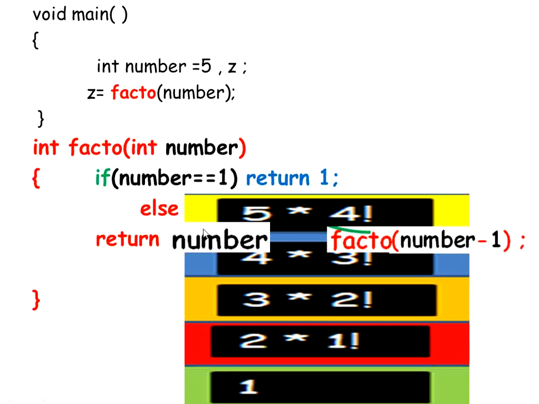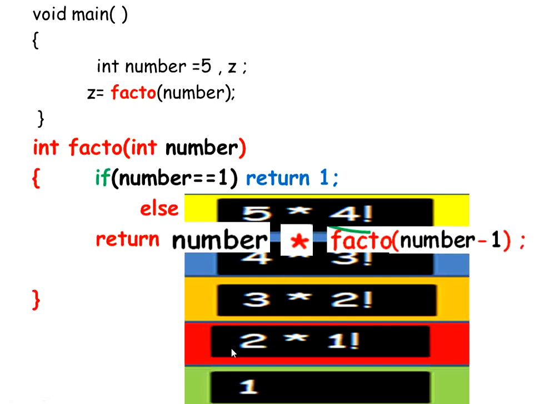So when I am talking to 5, when number is 5, I am computing factorial of 4. So when I am talking to 4, I am computing factorial of 3. When I am talking to 3, I am computing factorial of 2. When I am talking to 2, I am computing factorial of 1. So on, so forth. So here there is a multiplication sign. Make sure you put that. Alright. And this is what you are going to return.